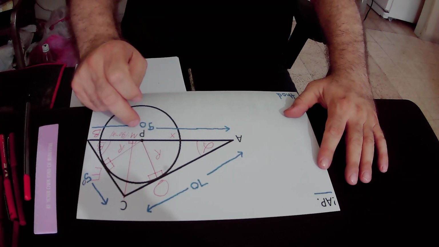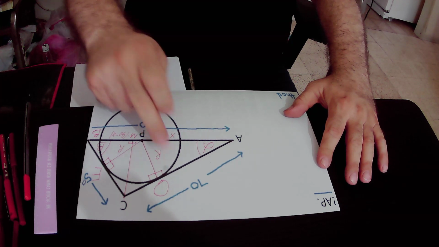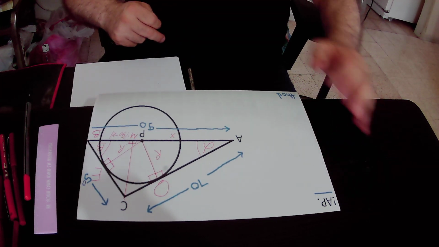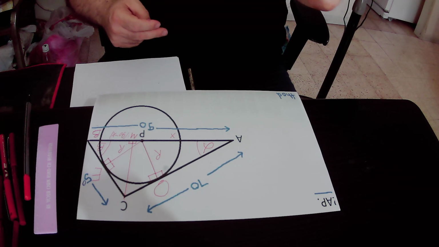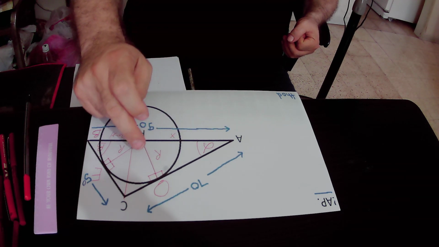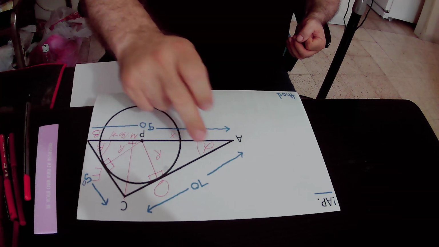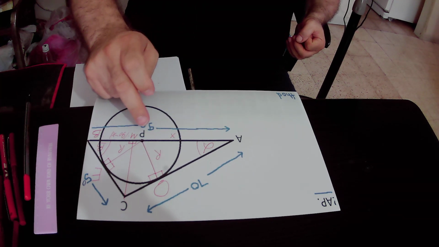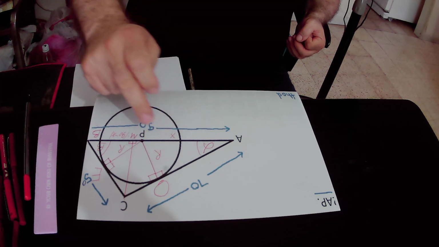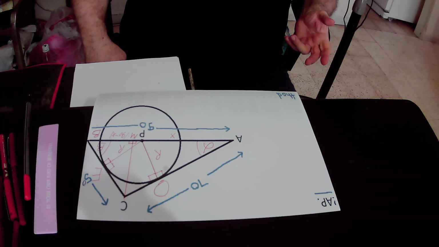That is to say, angle POA equals 90 degrees and also angle POC equals 90 degrees. That is the meaning of the fact that PO is tangent to AC. It means that it creates 90 degrees between it and the tangent. So angle POA is 90 degrees and also angle POC is 90 degrees. And for the same reason,